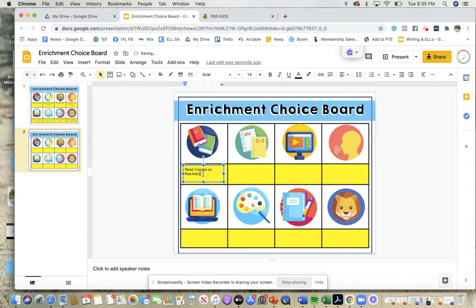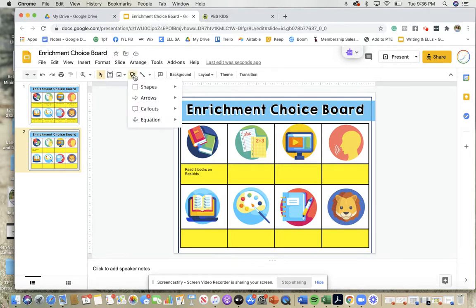Okay, and then you would go through and write different activities for each of them. If you use Flipgrid or Jamboard or Seesaw, whatever you want to do and you want to get the kids to log into, you can just fill them in wherever you want here. To add the link, you then will put a shape